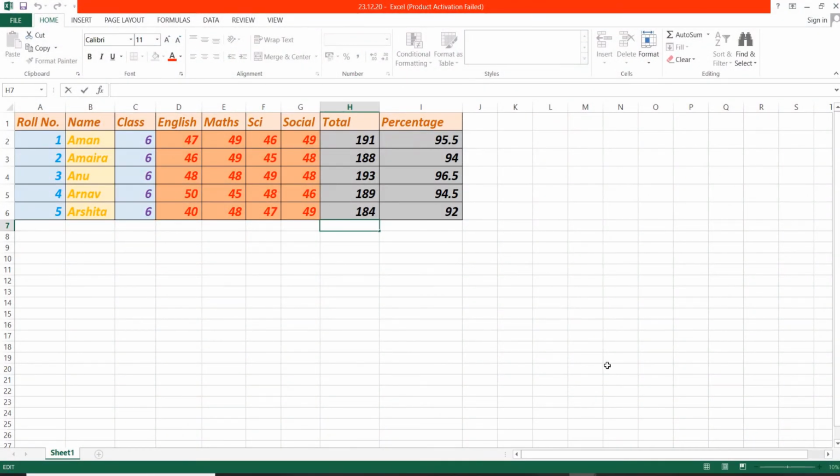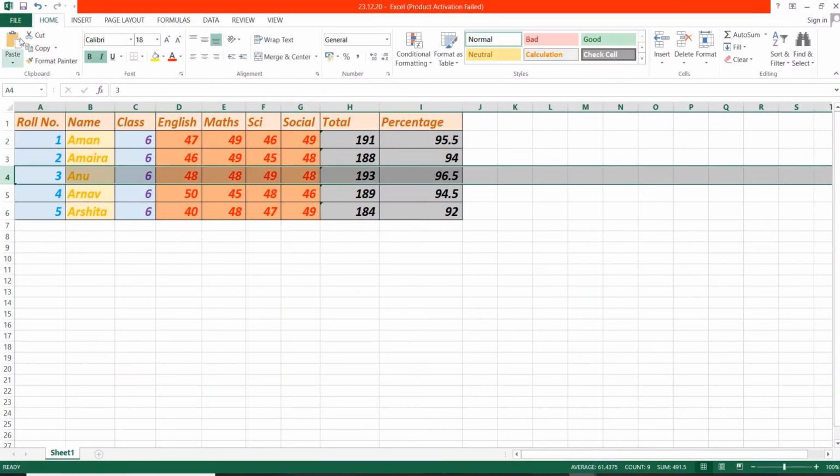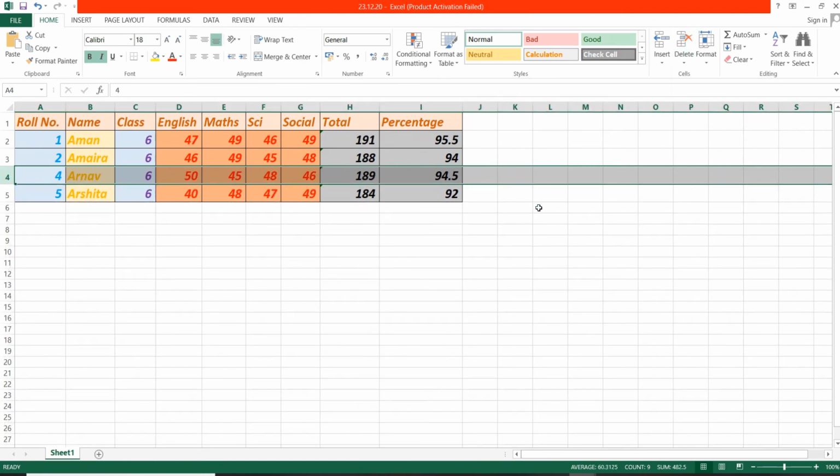So now let us learn how you can delete rows and columns from your spreadsheet. In order to delete any row or column, what you need to do is you need to select the particular row or column. So let's say if I want to delete a row having the name Anu, what I will do, I will select the row by clicking on the row header. Then click on the Home tab. In the Cells group, you have delete button. From this, click on this drop down arrow and then select delete sheet rows option. As you select this option, the selected row will be deleted from your spreadsheet.